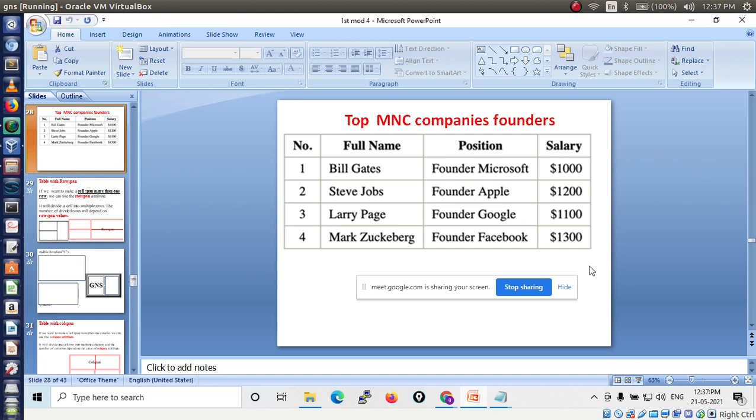Table border. Sujit has sent this: tr, th number, name, position, salary, then tr, th 1. Okay, th, okay, fine.